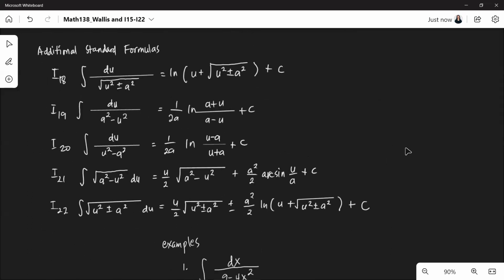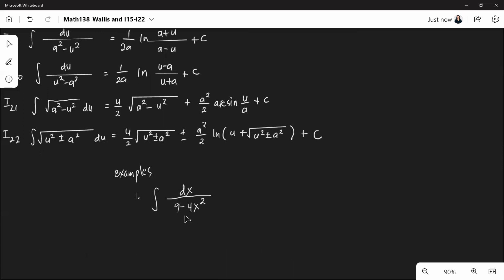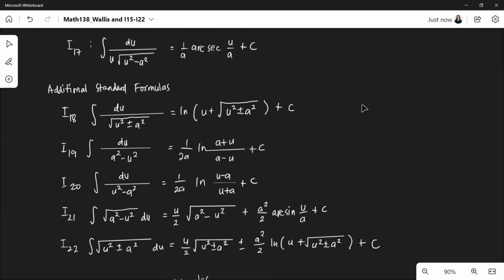So for example, we have 9 minus 4x squared. If we let u be equal to 9 minus 4x squared, obviously there's no du. We cannot form the du. We cannot also let u be equal to just 4x squared because the derivative is 8x and there's no x in the given integrand. So we cannot use I1 to I14. Okay, so we'll use these